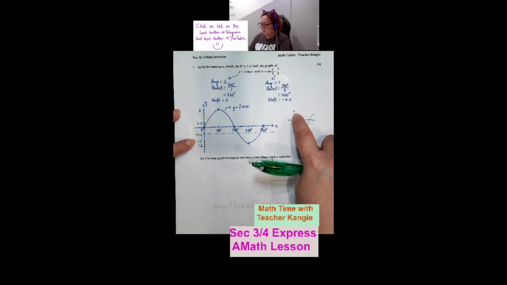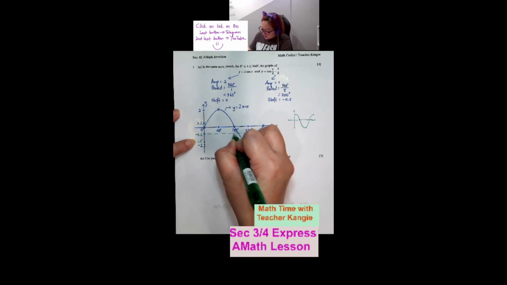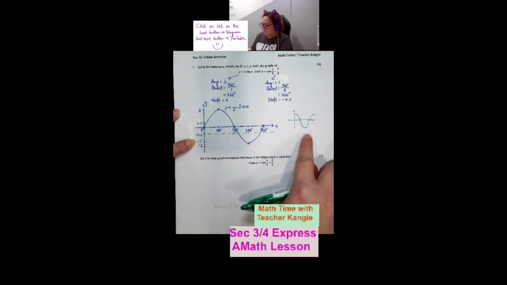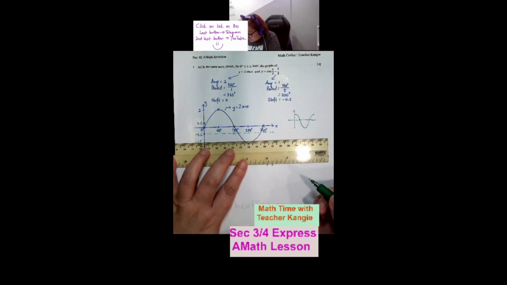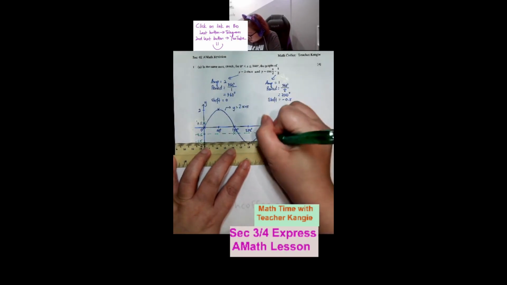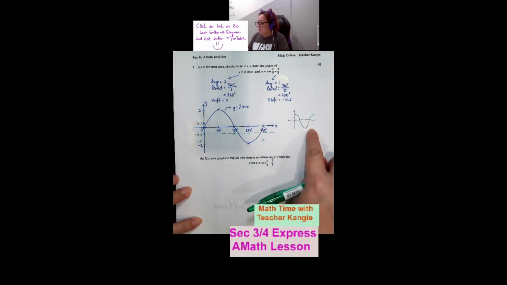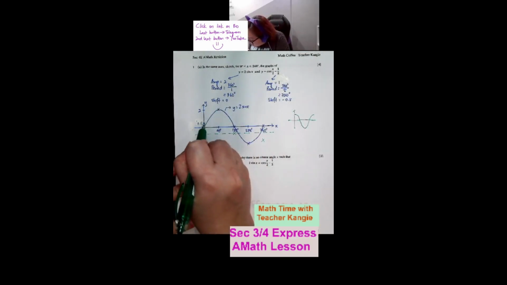It starts from the maximum. Then you go down to the 0. Okay, this 0 will be at 180 degrees, but it's at this new 0 line, which is the green color line, the -0.5. And then you go down to the minimum. So my minimum is -1.5. So it will be at this point here. Okay, so you're going to draw this one. You're going to draw half a cycle only. So we're going to draw this. It looks like this,